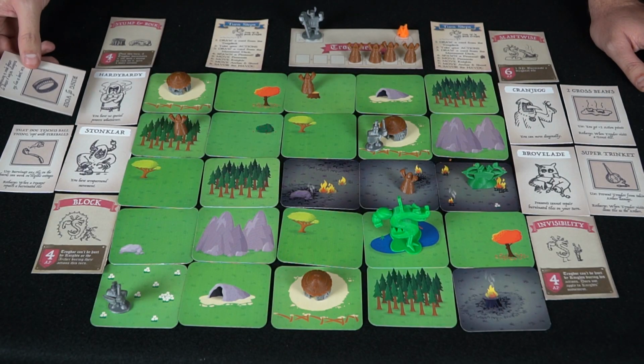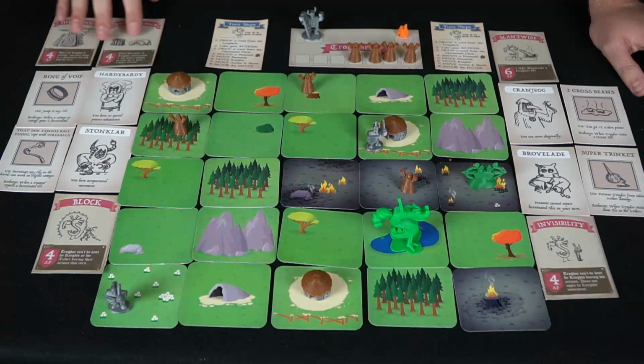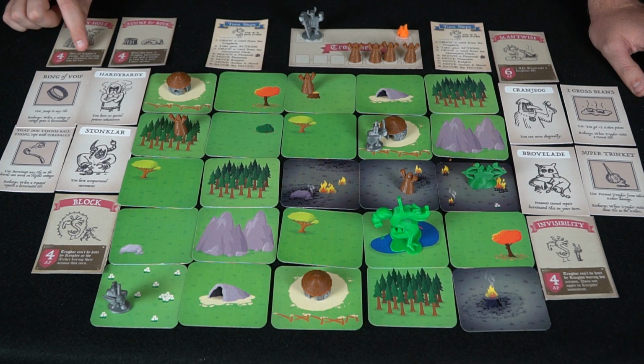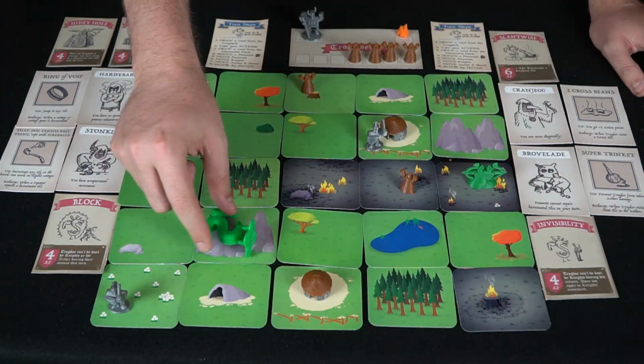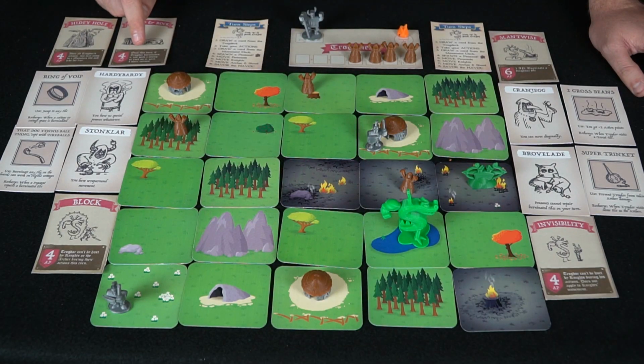So maybe he wants to, well, let's go ahead and first draw the card. So we'll draw this one here, that he's got the hidey hole. That says after Trogdor's actions, you can jump to a mountain space and hide for free. So if he wanted to at the end, he can go here and hide. That's a hide action, which means nothing can hit him or shoot him. And then we've got the...